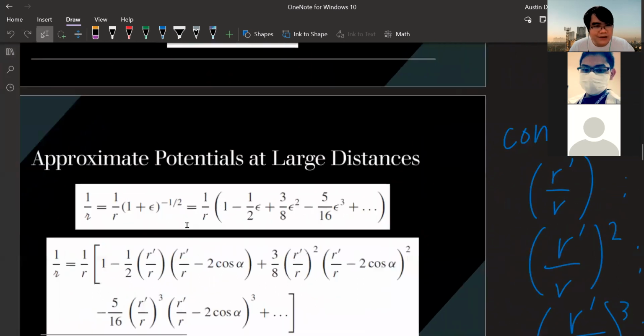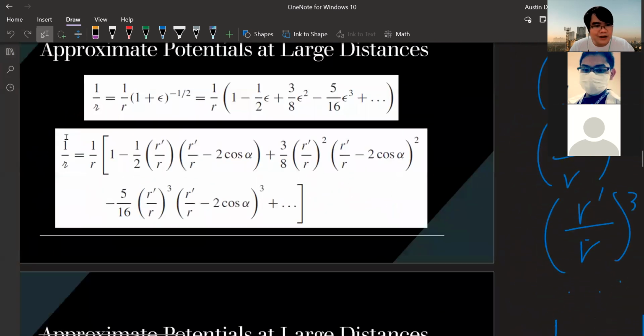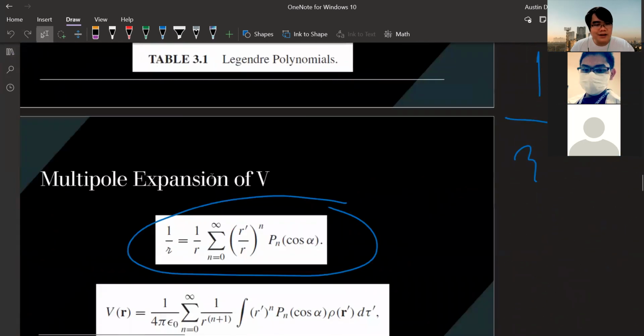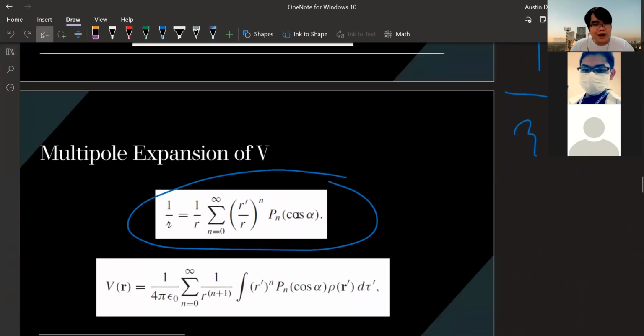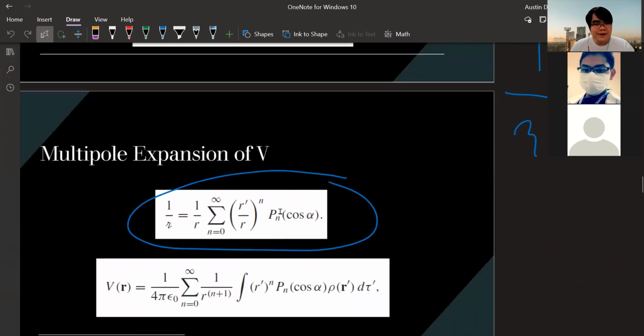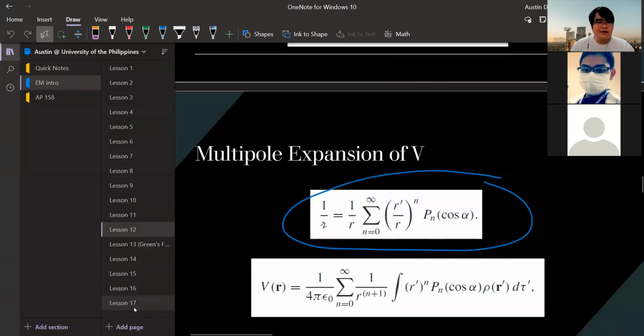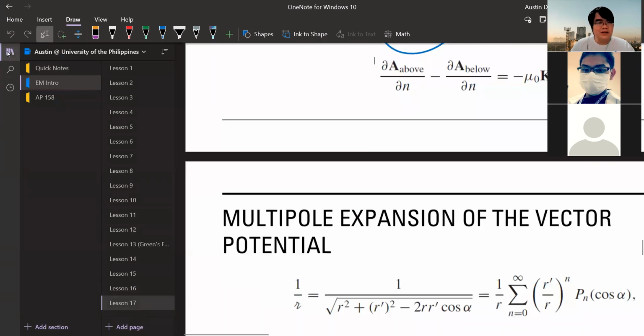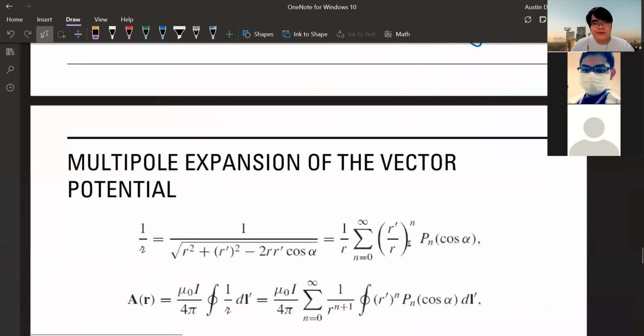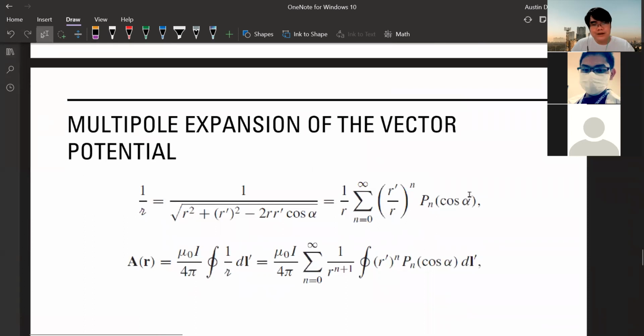Ayan, nakuha na natin to. That 1 over r is this, and then we have written this as the Lagrange polynomial. Okay, so we know that 1 over r is this guy, the 1 over curly r. So we exploit that result. And this is that. Tapos plug in lang natin siya ngayon